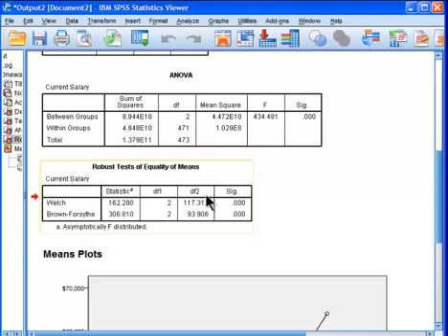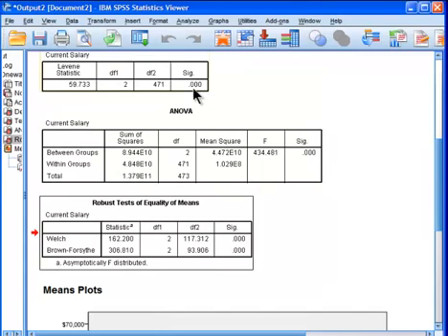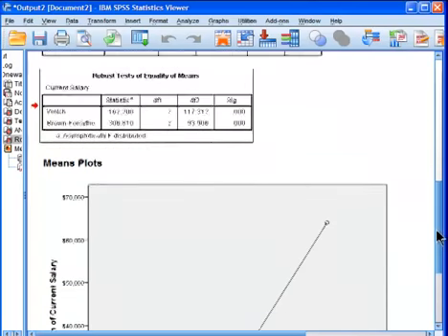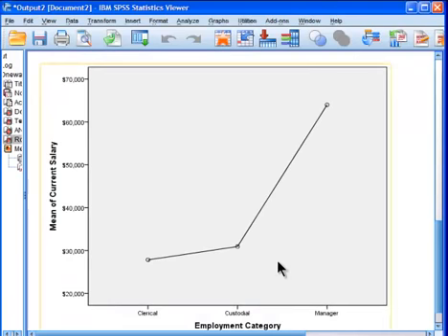Anyway, the important point here is that we've got 2 tests that help us back up our significant effect, and because we have statistically significantly different variances, we use the Welch and/or the Brown-Forsythe to help us reject the null hypothesis and be confident that there actually is a statistically significant difference in the means. Now we look at the plot here, and we can see that the means go in the direction that we expected. We'd expect managers to earn fairly substantially more than clerical and custodial employment categories. But what we don't know, at least as a trend, but we don't know if